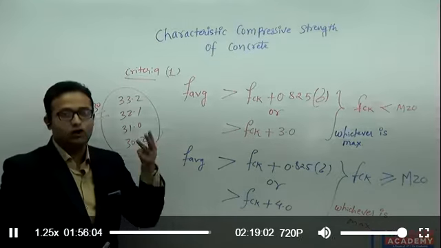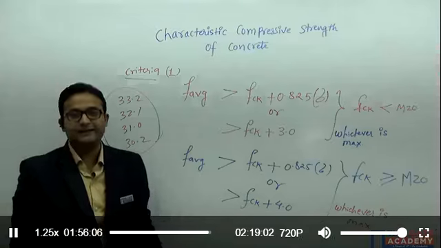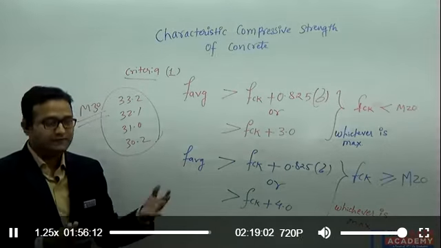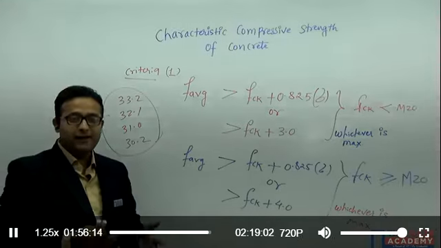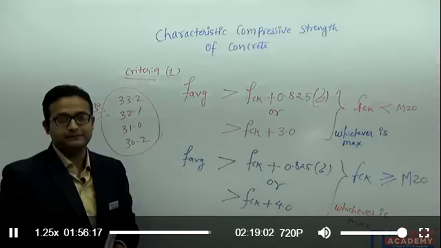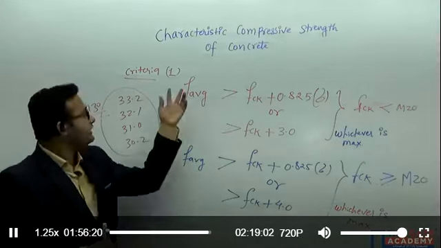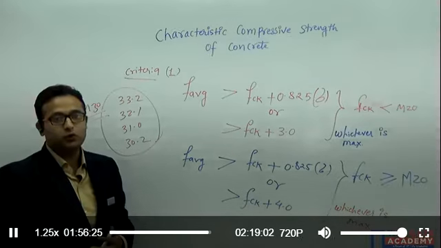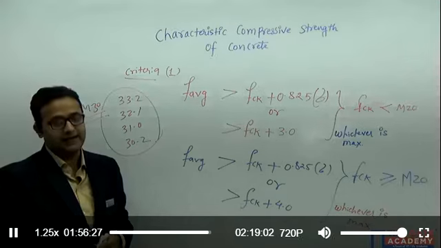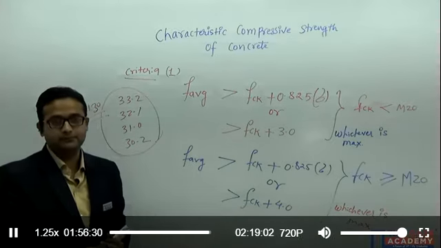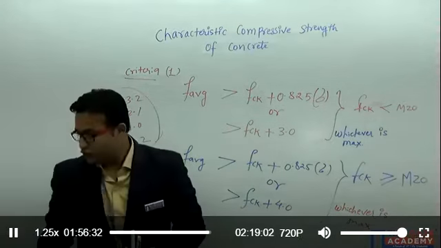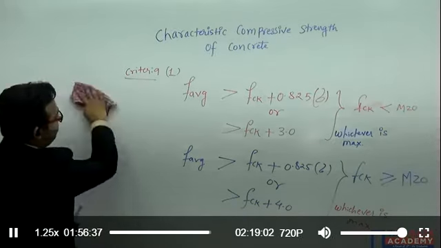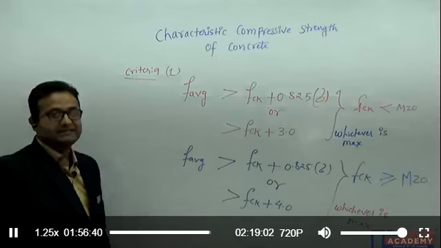Generally, we will be discussing total 3 criteria. It's called the acceptance criteria, we can say here. If you satisfy all the 3 criteria, so whatever the concrete has been prepared at the site can be accepted for the casting purpose. If any of the criteria we do not satisfy, so we cannot use that particular concrete at the site for that particular grade. Okay, so this is your criteria number first. Let's see the criteria number second.